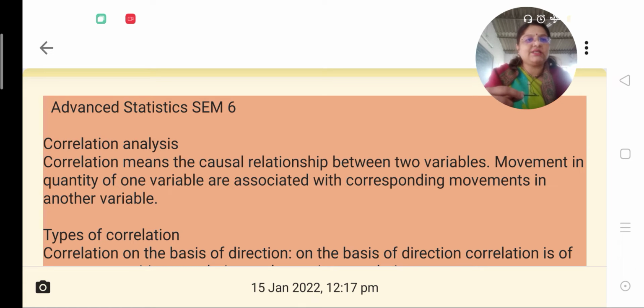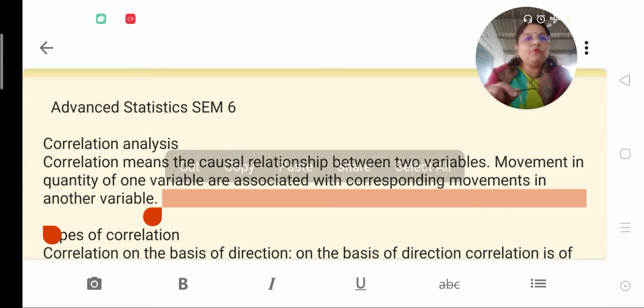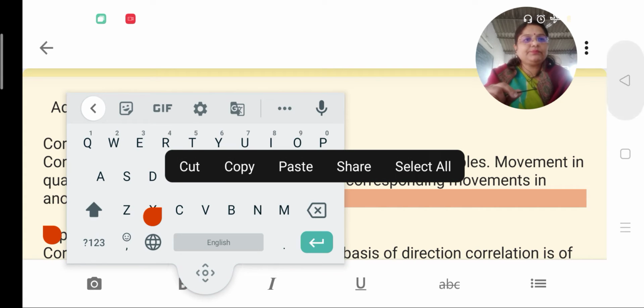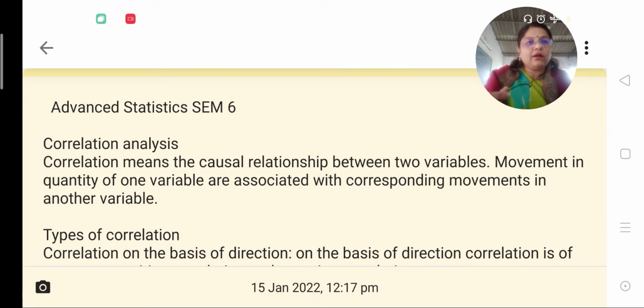We will find many such variables such as the height and the weight of students, the marks in the various subjects, the correlation between the age of husband and age of wife. These are a few examples. So whenever there exists some kind of relationship between the two variables, we say that there is correlation among the variables. That is, the movement in one variable will cause a corresponding movement in the other variable. Whenever there is any change in one variable, that will also result in a change in the other variable.